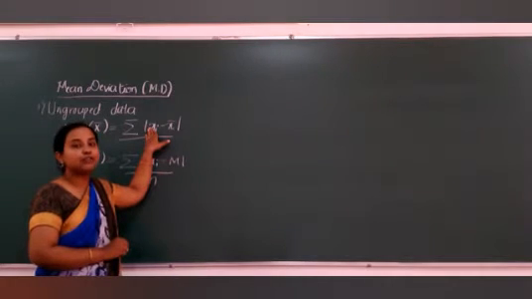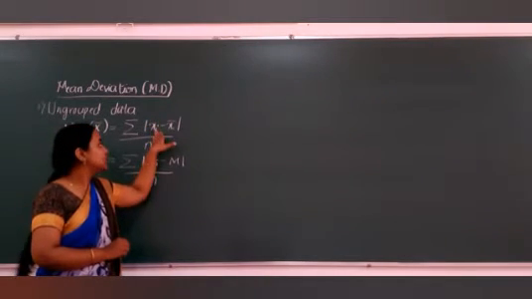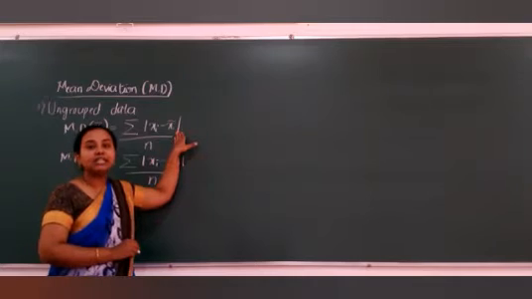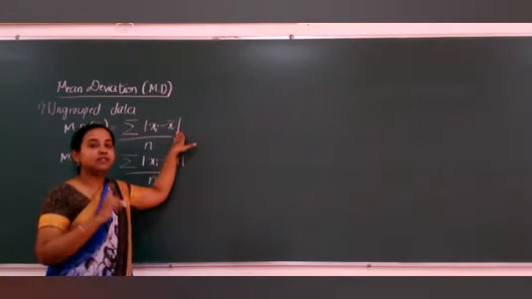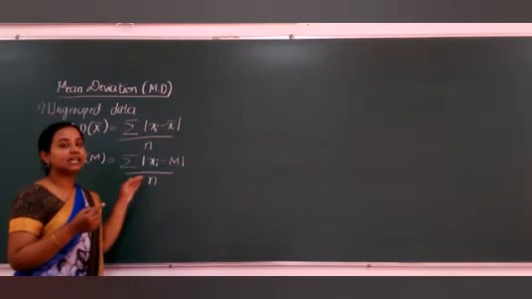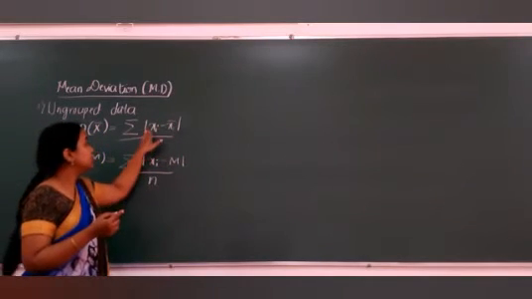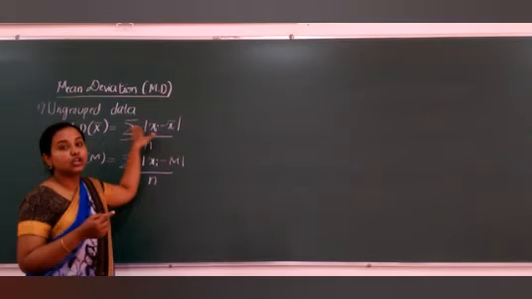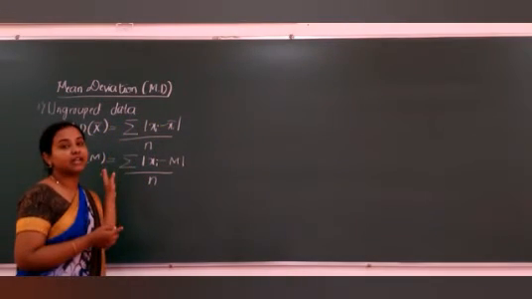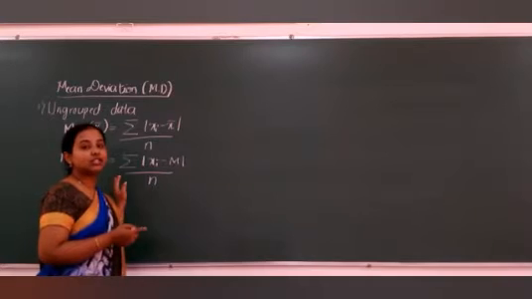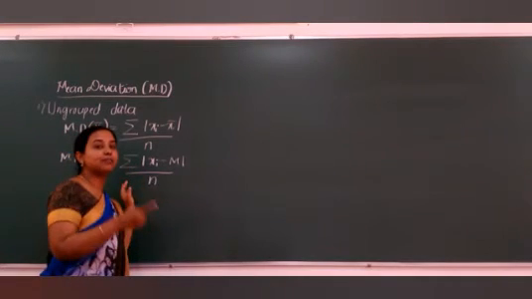deviation. Okay, if it is a first observation, x1 minus x bar, it will be the deviation of first term. x2 minus x bar, it is a deviation of second term. Like that it continues. Okay, so this is deviation. So sum of all the deviation, because it is mean. Mean means or average. How do you calculate the average? Total sum divided by total number of term.